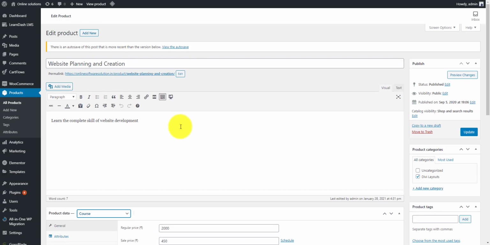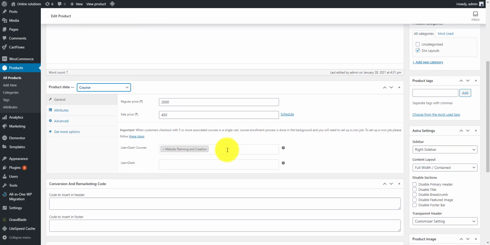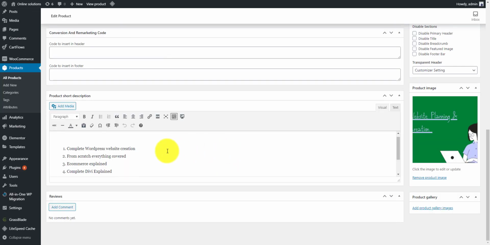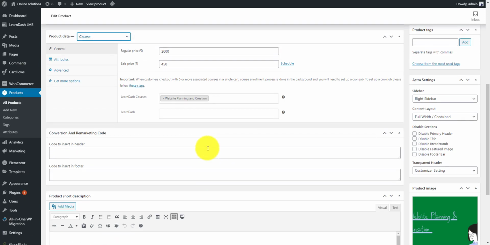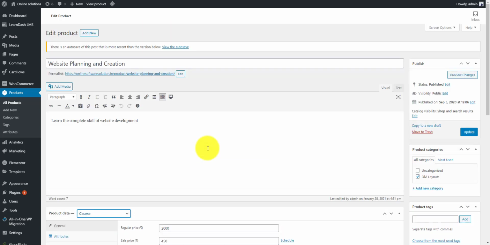So what I need to do is name the course, give a small brief introduction, right? Select the product type as course, set the pricing, whatever you want, and from here you can search the LearnDesk course, whichever course you want to associate with this, and done. Nothing else. Just like a simple product, giving a small brief introduction and description, that is to be done. Apart from this, nothing is to be done if you want to sell a course with the help of WooCommerce. If you want to see from the scratch, I'll try to make a new one so that you understand how I have done this.